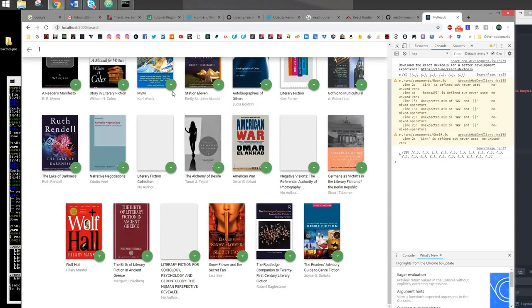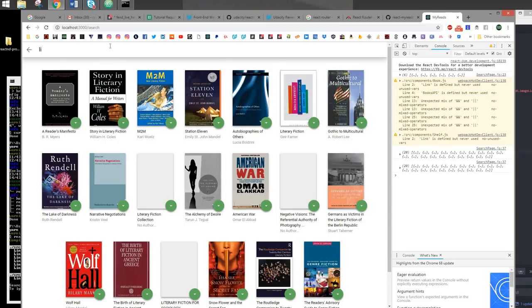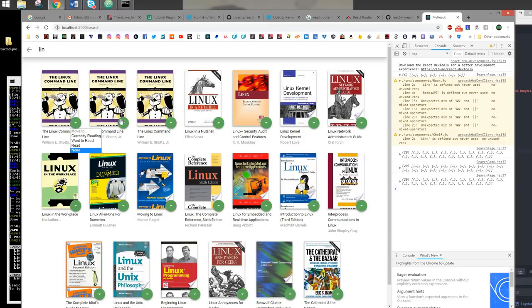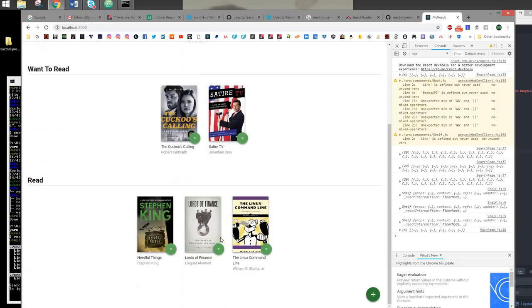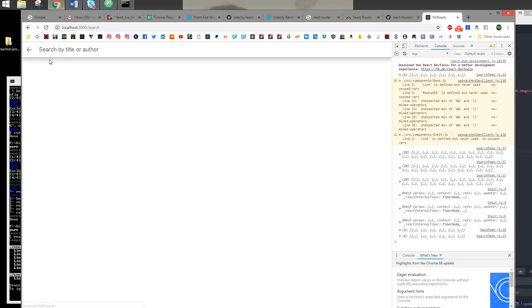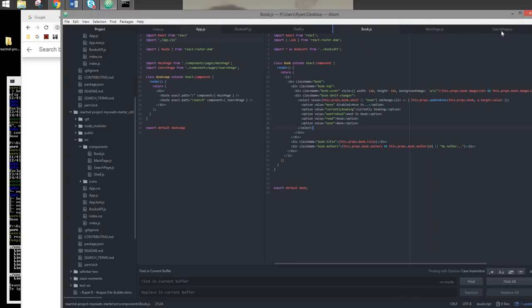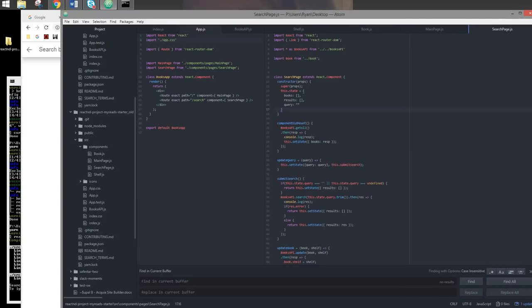Now, if we were to search for Linux, none, none, none. Which is weird because we should be reading one of them, right? So how do we fix that? Well, we know at this point, when we get our results back, we have our results and we have our own books, right? So before we set the state, let's go ahead and